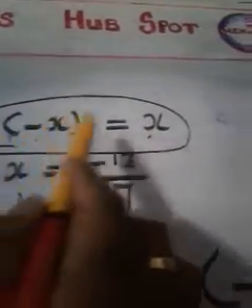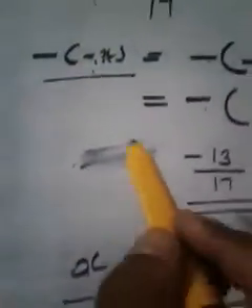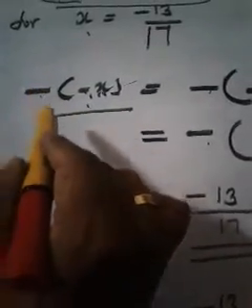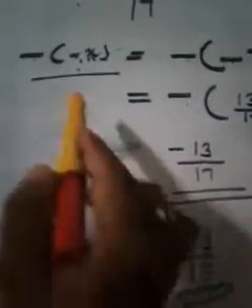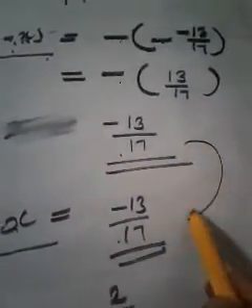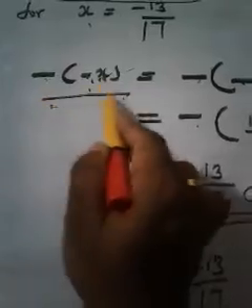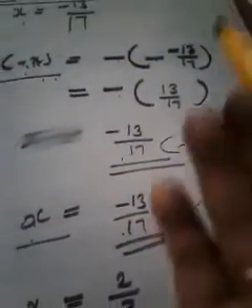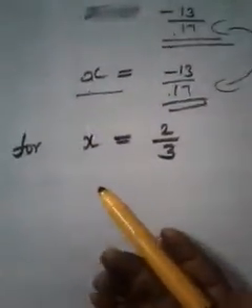Compare minus of minus x and x here. Here you have to make the comparison. When you calculate minus of minus x, we got minus 13 by 17, and x is nothing but minus 13 by 17. That means both values are equal, no? That means minus of minus x and x are equal. So this is the way of doing it, and if you have not understood, I am ready to explain by using another example.